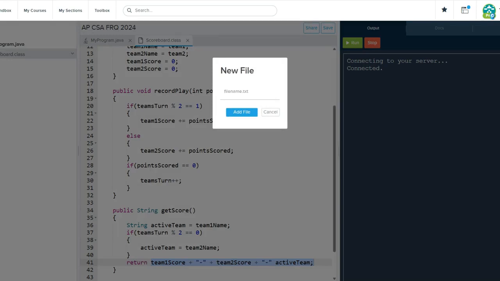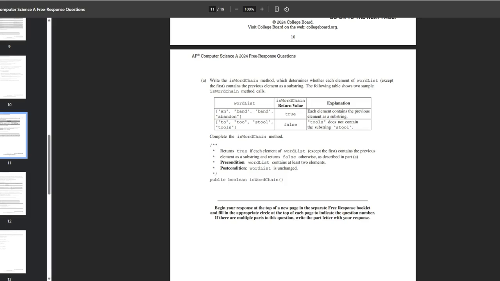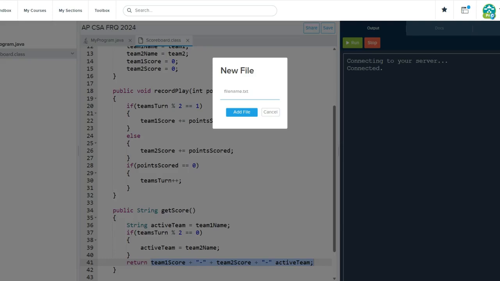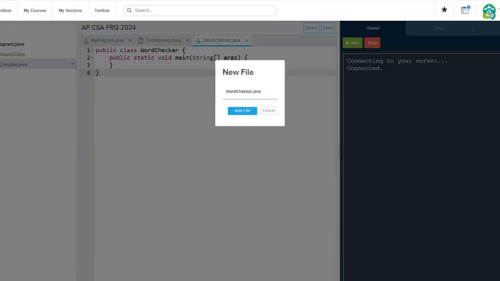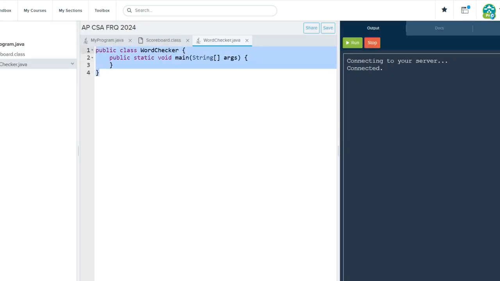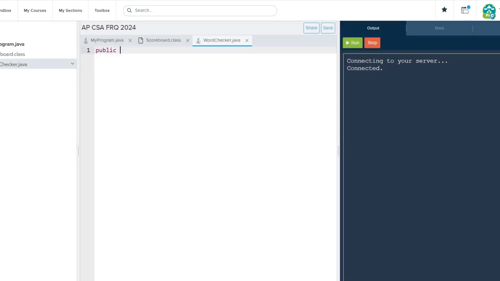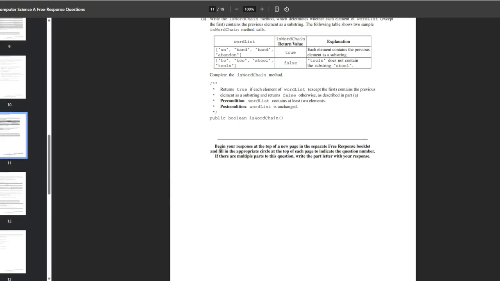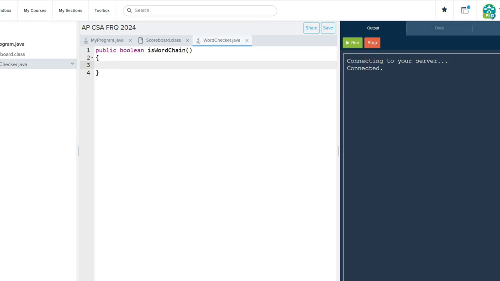So what is this? Word chain. What is this called? WordChecker. WordChecker.java is what I meant to do last time. So public is word chain. Public Boolean probably is word chain. Yes. We are going to loop through,